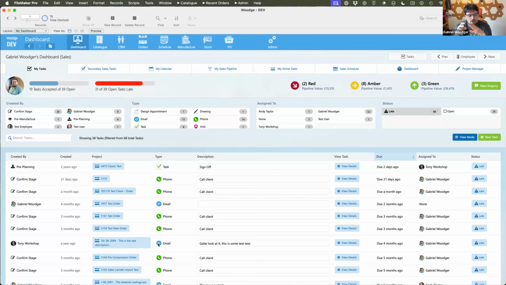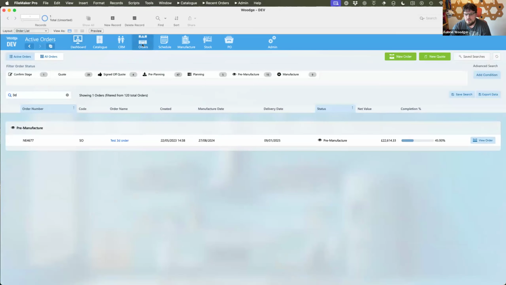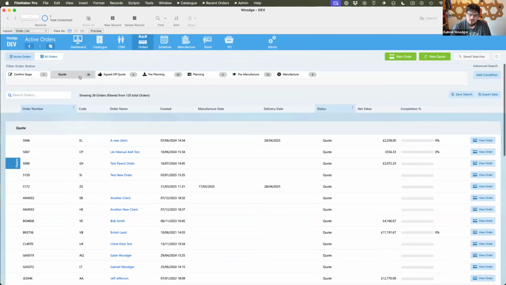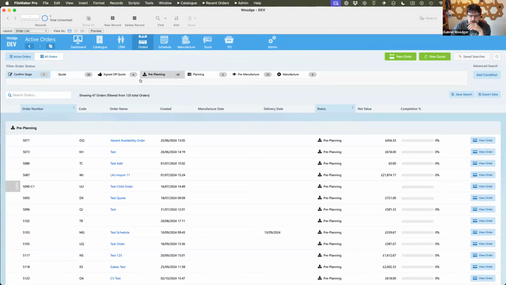If you do single-use things lots and lots of times, then you end up with a real spaghetti heap of things, which, as you try to add new features later, can become quite difficult to keep track of. So what we've done quite heavily is use web viewers within FileMaker. What you'll see in here is a list of orders, a fairly simple list view, but people want to be able to have different statuses and different orders, and they might want to include different pieces of information about that.